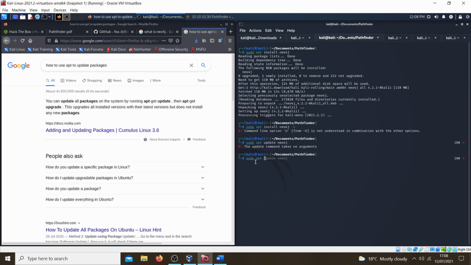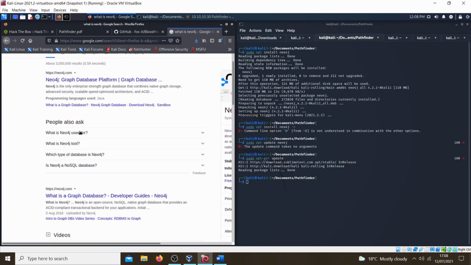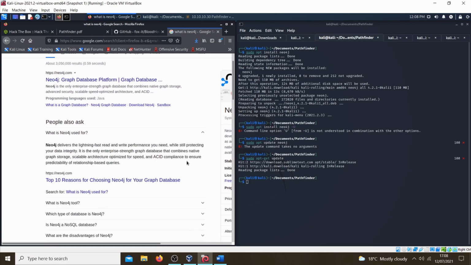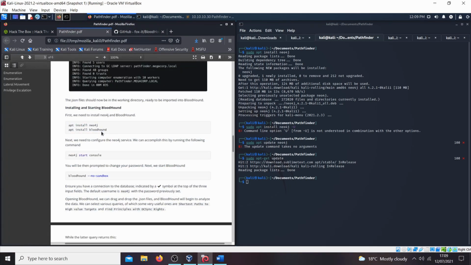So you can't do it specifically like you could do with pip with the dash capital U. So as you can see here, I figured out sudo apt-get update, and it didn't need to do much. I think it updated a couple of things. I've only got Sublime Text at the moment that it needed to update, and a Kali download, something to do with the operating system maybe. But anyway,